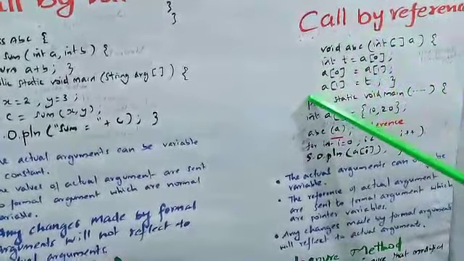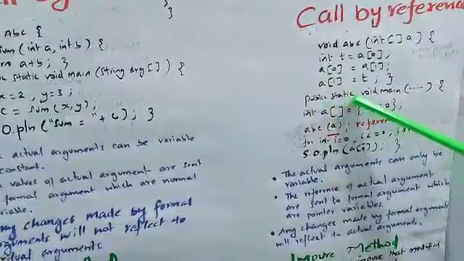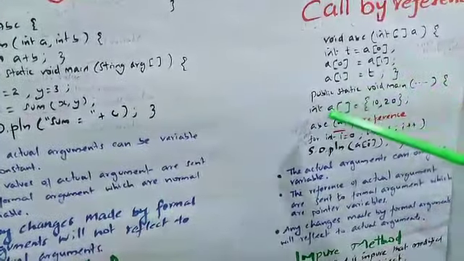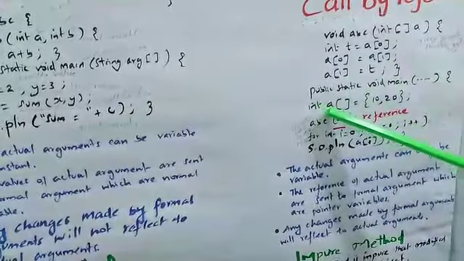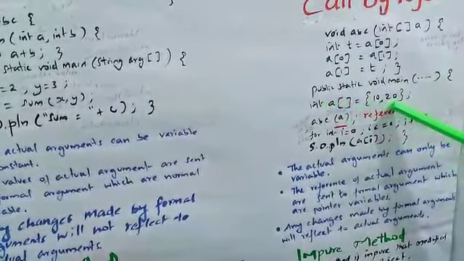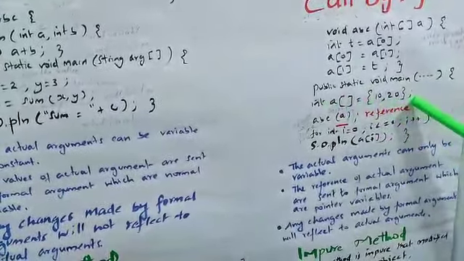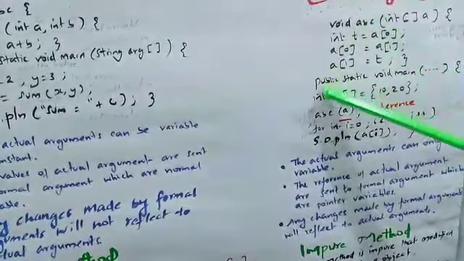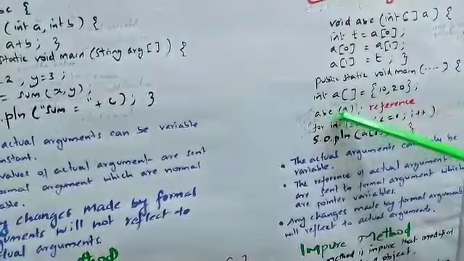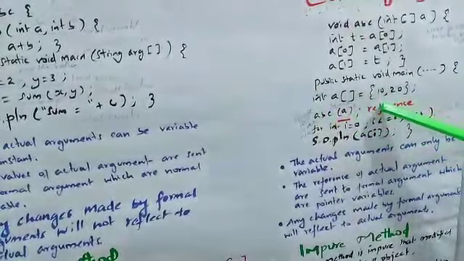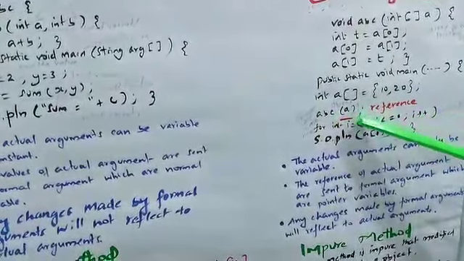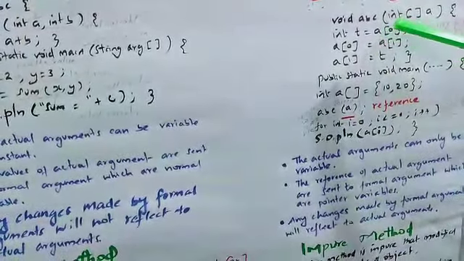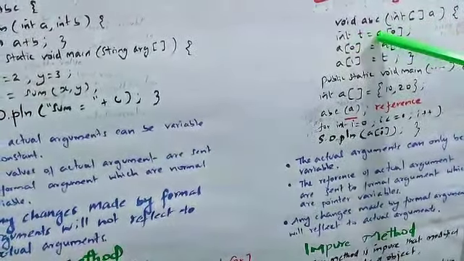Now we come to the public static void main, one main function we are writing here. In that, one integer data type we have taken, storing a of equal to two elements, 20 and 30. Now we are calling the function ABC here, and that is our reference. This reference, a reference, will go to the formal parameter. Now int t is equal to a of 0.